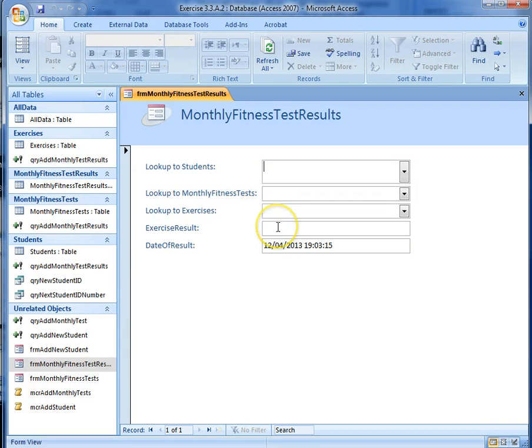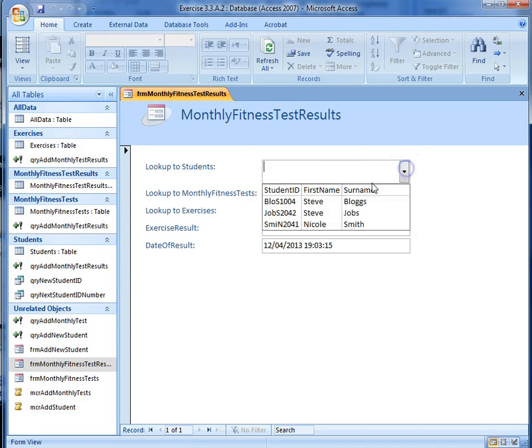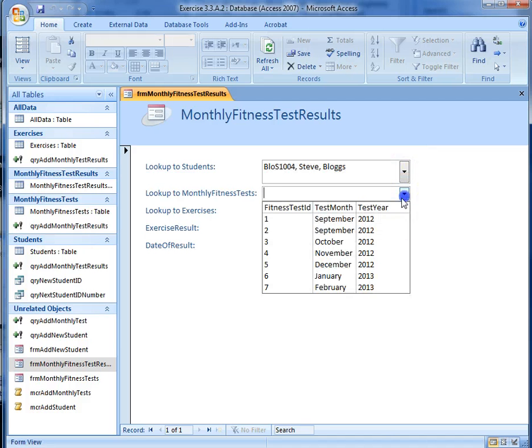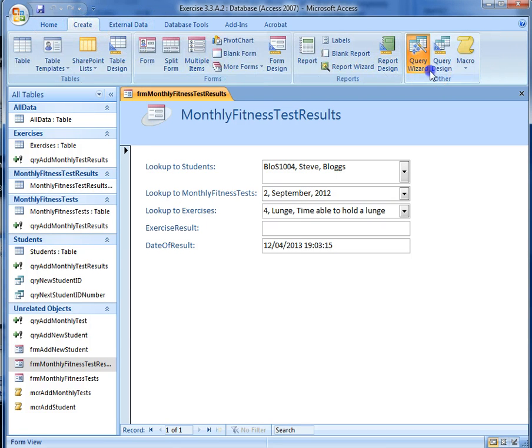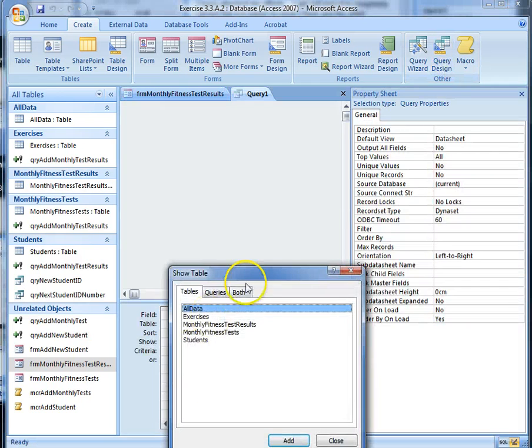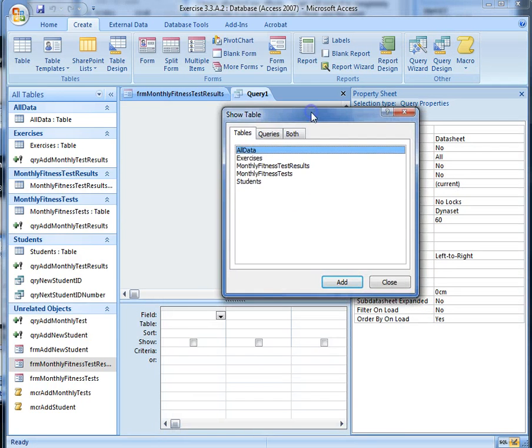Okay, this next video shows how to create an update query that, when we select the three different combinations of one of the student's tests and enter a result, will go and append that information, update that information to an existing record. So we need to go to Create, Query Design,